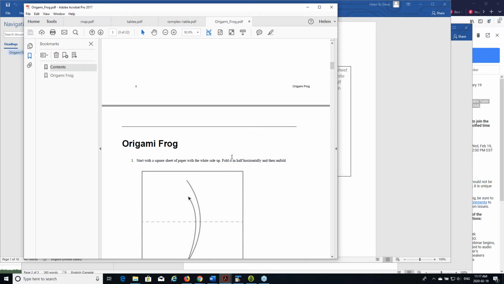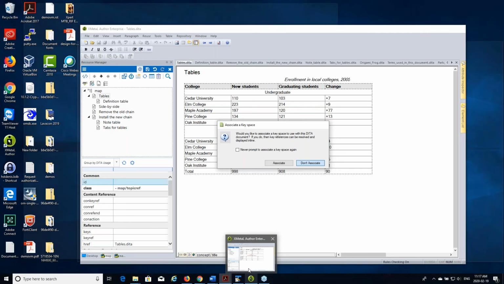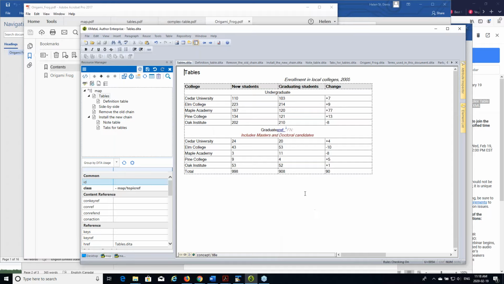Again, there were no actual numbers in my table when I started, but because I've made these steps, the DITA Open Toolkit has given me numbers, so I don't need to worry about that. So that's what it looks like in PDF. I would quickly like to show the